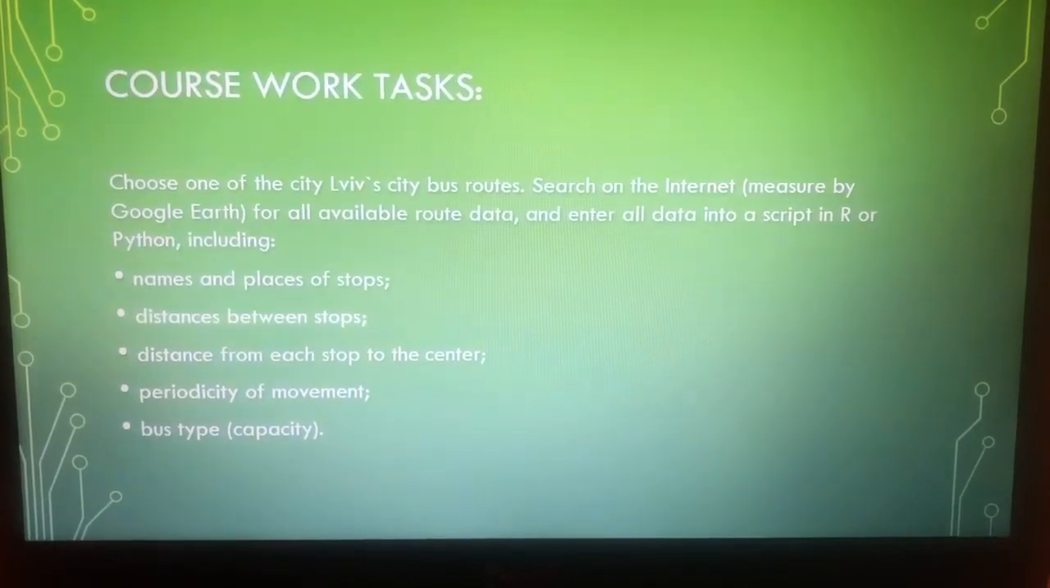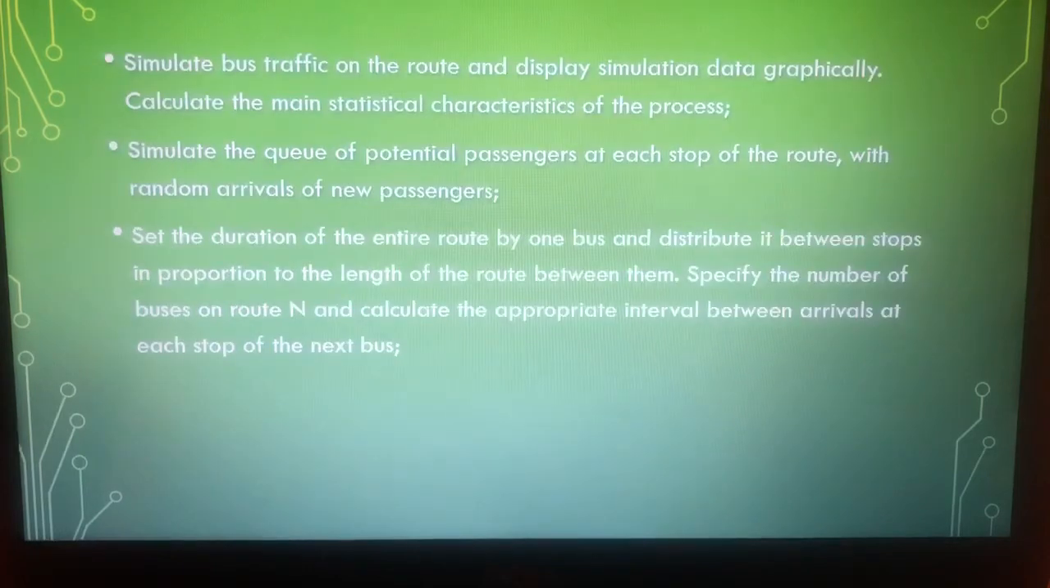my coursework tasks: choose one of the city of Lviv's city bus routes, search on the internet, measure by Google Earth all available route data, and enter all data in a spreadsheet in R or Python, including names and places of stops, distances between stops, distances from each stop to the center, periodicity of movement, bus type, capacity. Other